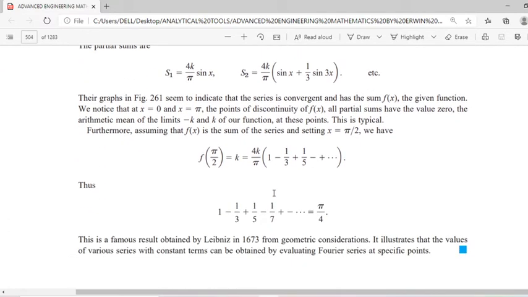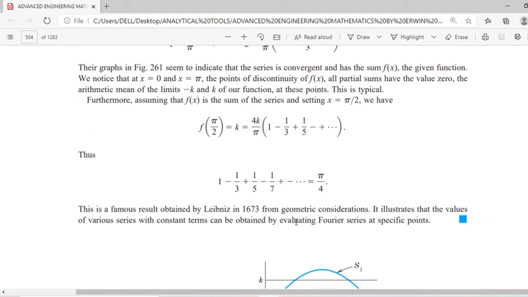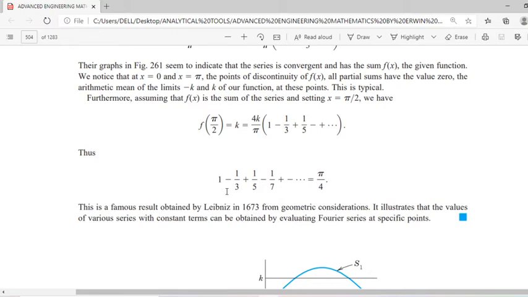So this is a special case. You can substitute x equal to pi by 2 here, and you can see that this is 4k by pi into sine pi by 2, which is 1, so 1 plus 1 by 3 into sine 3 pi by 2, which is minus 1, so minus 1 by 3, and so on. That is the result obtained here. And you can see that f of pi by 2